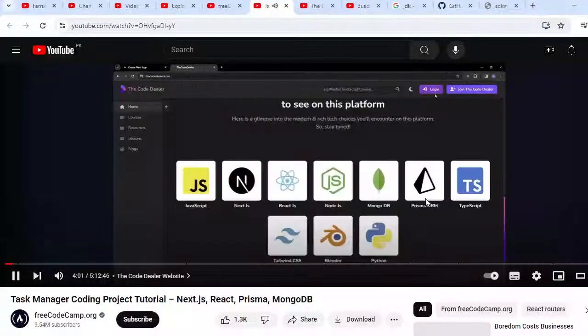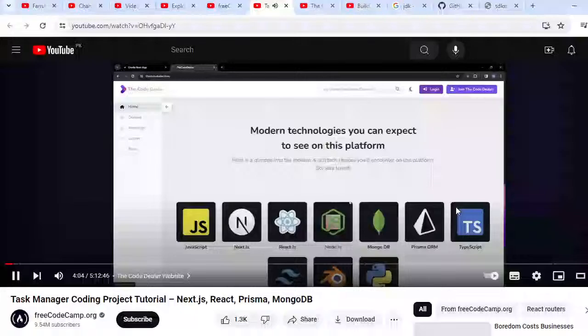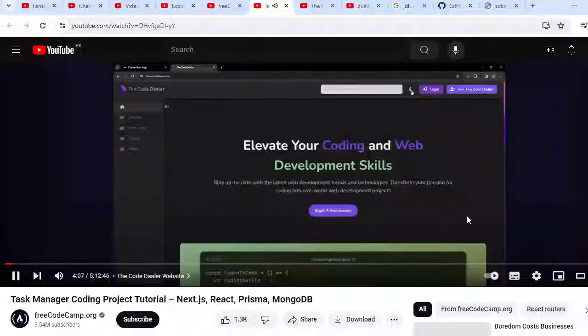All right, and we can toggle the light and dark mode. Okay, and with the courses page,